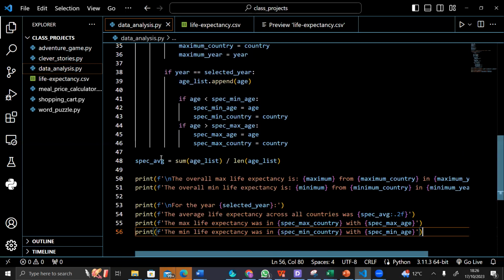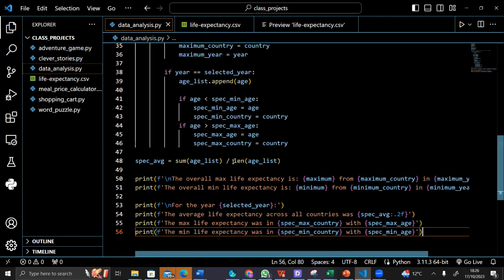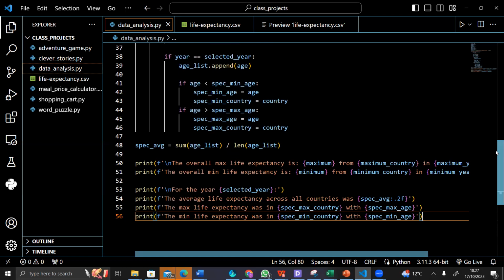Then specific average is equal to, remember how we calculate average when we have a list and the total number. So it's the same thing that we did here. The difference is we're just using it in Python, okay? Sum of the age list divided by the length of the age list, okay? So it means the sum over the total number of the age list. That will give us the specific average. So if all these requirements are met,